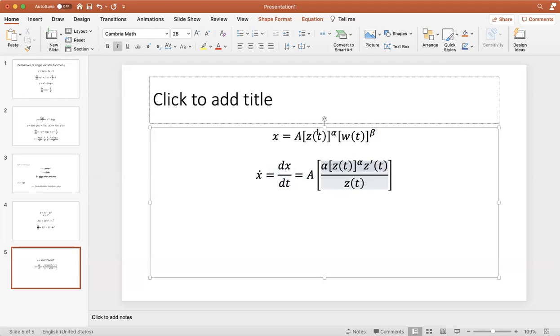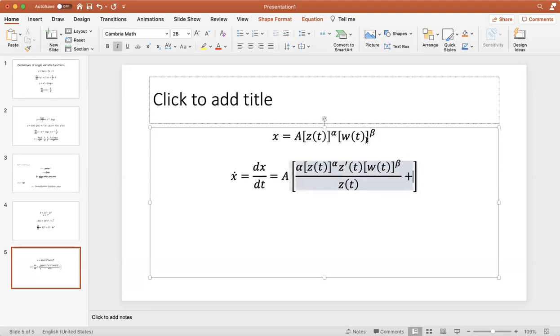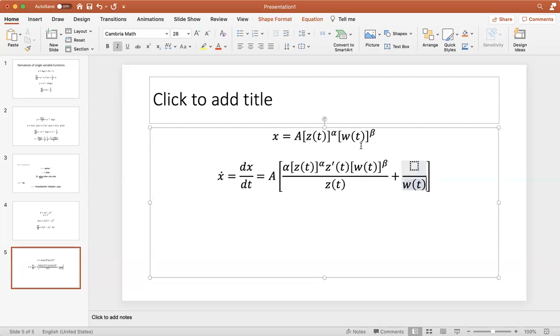So that's the derivative of z of t raised to alpha, right? And we still need the second expression. That's going to be w of t raised to beta over z of t. Of course, that doesn't end there because we still need to get the derivative of this product with respect to the second function. So that's going to be, of course, similar to the first case. We have w of t as a denominator, obtained by taking the derivative of w of t raised to beta with respect to t. So that's going to be